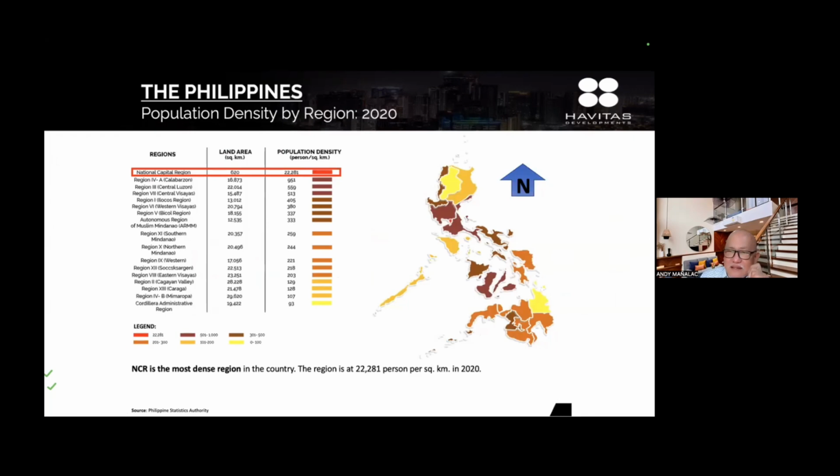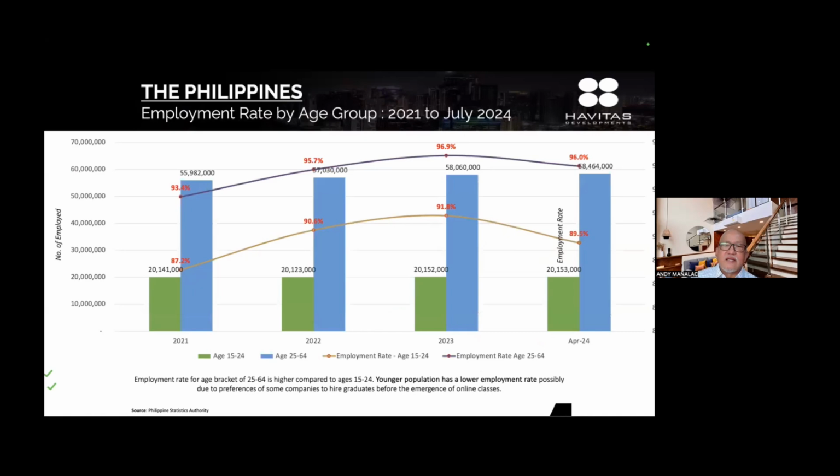Again, where you have population, you have the demand for real estate. But the key in real estate is knowing where the people are going and getting there first. Okay, so if you're a developer, position there. If you're a real estate marketer, develop or build your networks in those areas. Okay, so you see that golden age of 25 to 64, the productive age, and actually now you will notice,